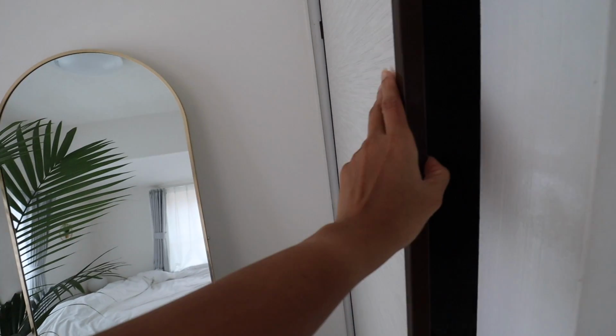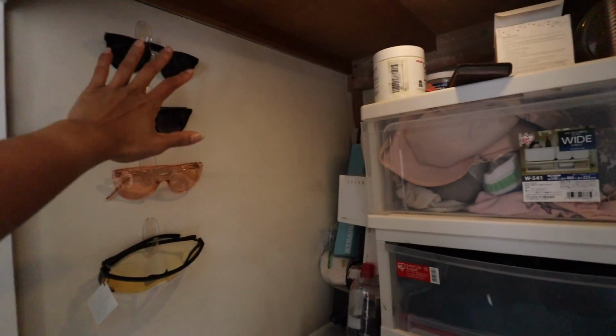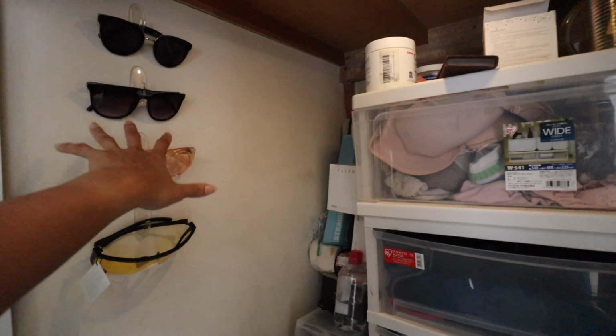Okay, let's go into here. There's more storage. Here are my sunglasses. I decided to put them on the wall because it's easy access. I have a lot of white space here. One of the reasons why I don't have a TV is because